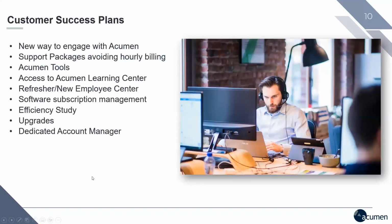And then lastly, I wanted to take a few minutes before we open it up for Q&A to talk about a new offering from Acumen. It's called Customer Success Plan. So starting in 2023, we really have a new way to engage with Acumen as people are doing everything more and more on subscription. We're offering a different support package, right? To avoid hourly billing. We're bundling in things like Acumen tools, imports, report packages, access to our learning center with